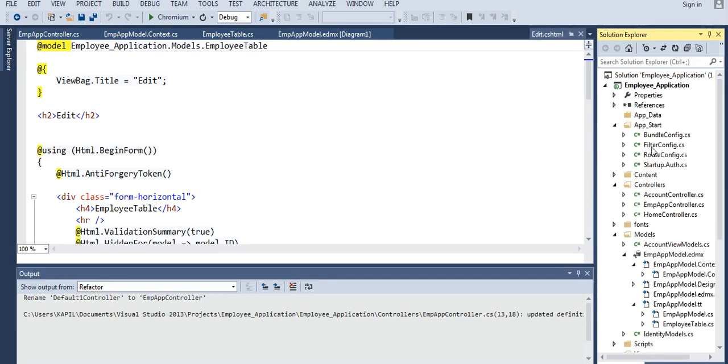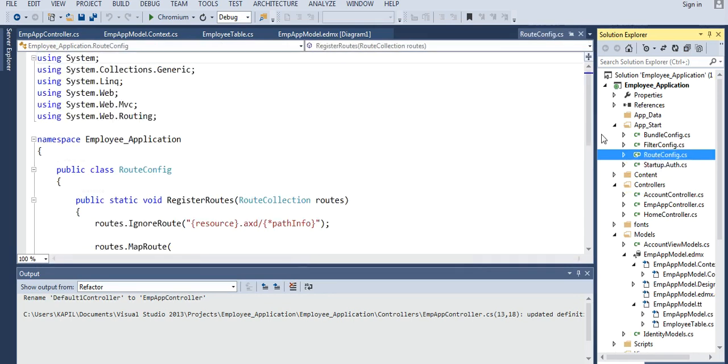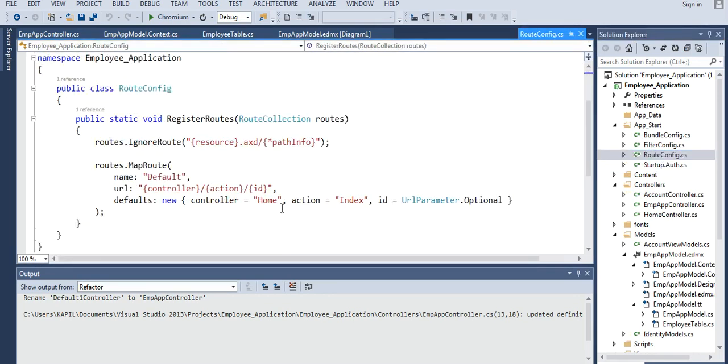Go to app start, then route config file, just change controller.